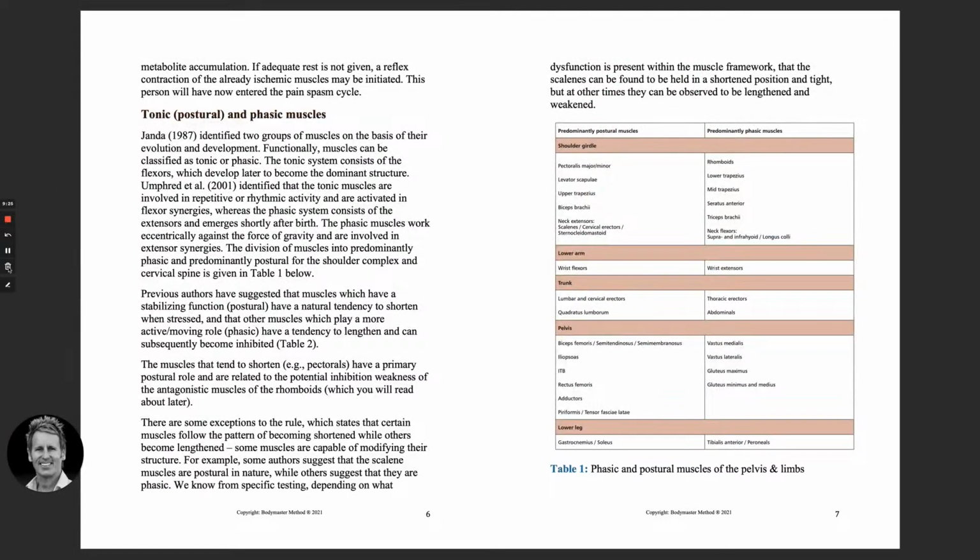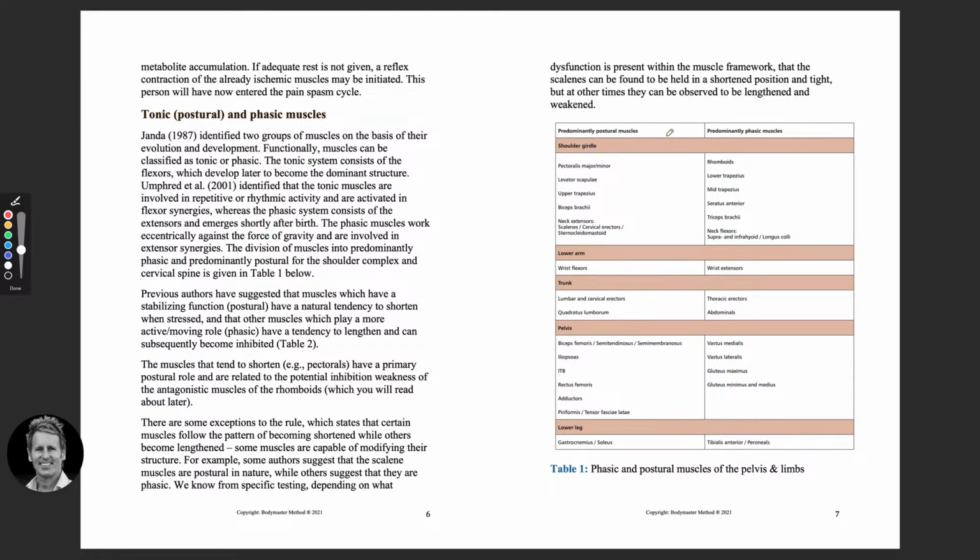Now, the guy I mentioned, Vladimir Janda, he died sadly in 2002. He had a concept about what he knew as the tonic or postural muscles, and the muscles known as phasic. You can see here, there are some pictures further on, but we've got predominantly postural muscles and predominantly phasic muscles. So when I look at the tables shortly,